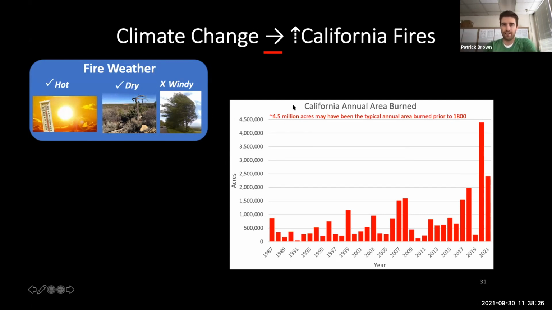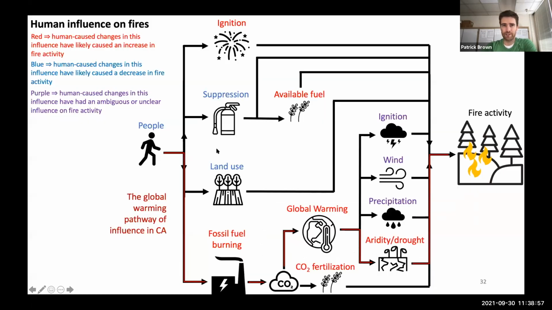So what it seems like is that we're actually starting from an artificially low starting point from fires in the 1980s. And now they're increasing back to kind of an amount of area burned that we used to see every single year. So it's not necessarily unprecedented, but the severity of the fires now may be unprecedented. So this is going back up to this pathway here of people intentionally suppressing fires, then that causing this fuel buildup, which then causes very bad fires, very intense, more dangerous, hard to deal with fires when they do occur.